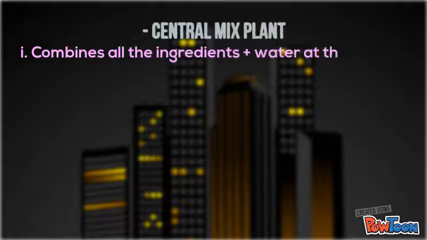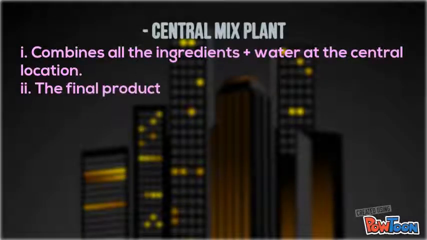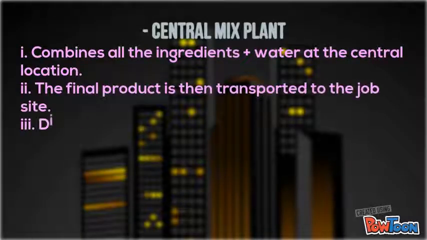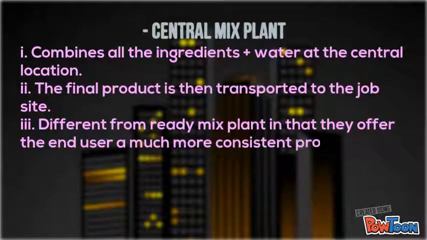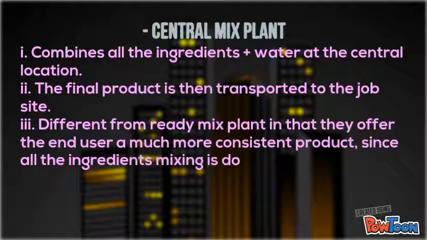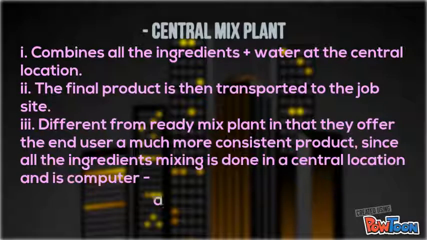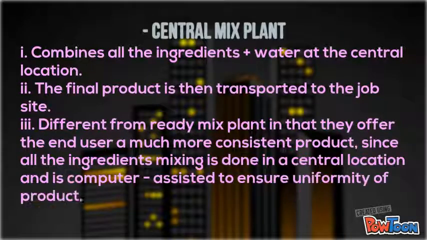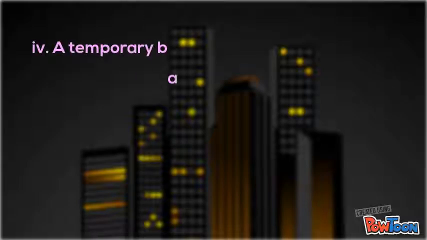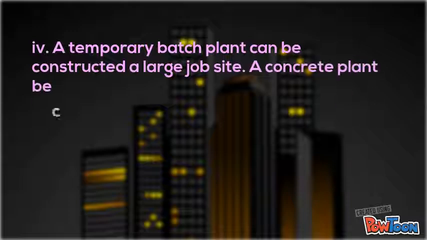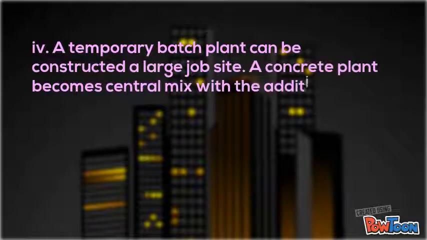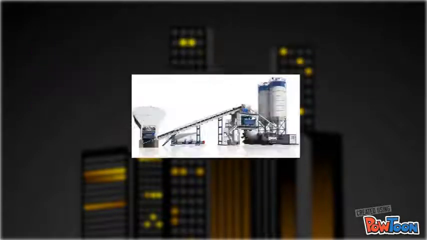Central mix plants combine all the ingredients plus water at the central location. The final product is then transported to the job site. Since all the ingredients mixing is done in a central location and is computer assisted, it ensures uniformity of product. A temporary batch plant can be constructed at a large job site. A concrete plant becomes central mix with the addition of a concrete